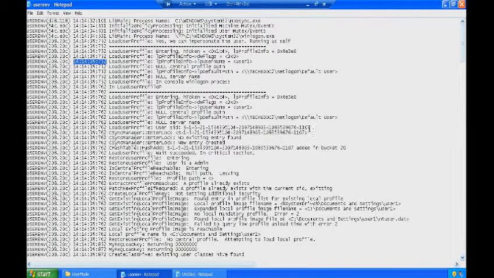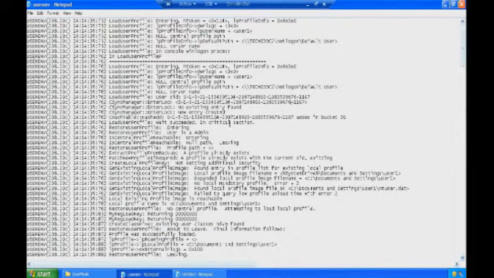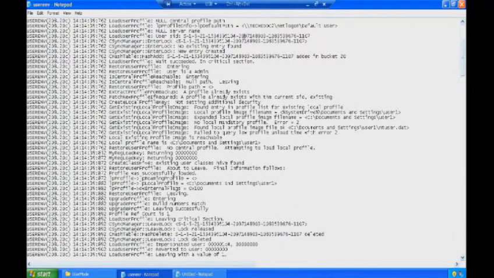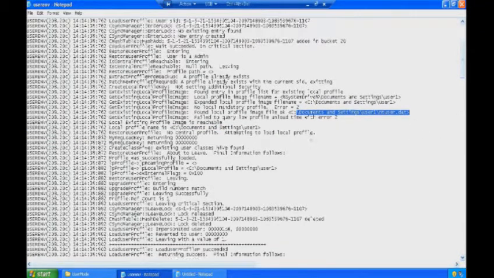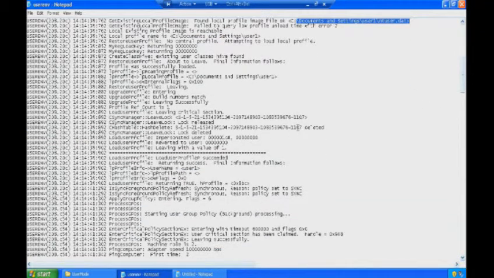Once the user is logged on, you can see here the winlogon process. In console, the winlogon process is loading everything, and the job of winlogon is to call the user env. The job of the user env is again loading the user profile. So what we are doing here is we load the user profile. No local mandatory profile is defined. And here is the user hive. We load the user hive, and once the user profile is loaded, as we discussed earlier,